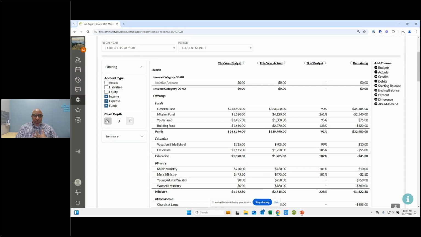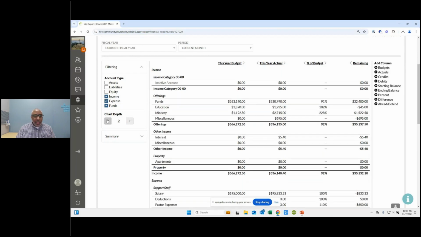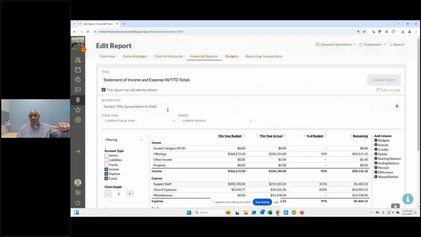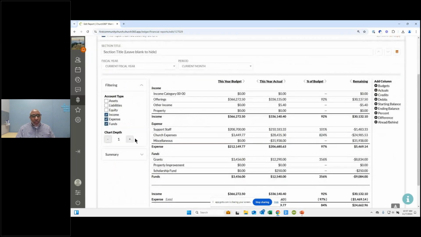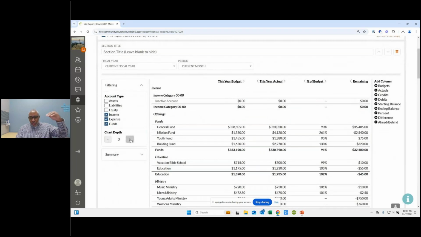We have our chart depth. And the chart depth, you know how it's like assets and then checking accounts, and then we have our central trust checking. Each one of those is a chart depth, and you can take it all the way back up to right below your account type. And then you can go down as far as your waterfall goes at that point in time. Whenever you're setting up your chart of accounts, the less is more approach is important. If you have too many accounts, it's hard to read and hard to understand. But you're also thinking about that chart depth as you're setting it up.